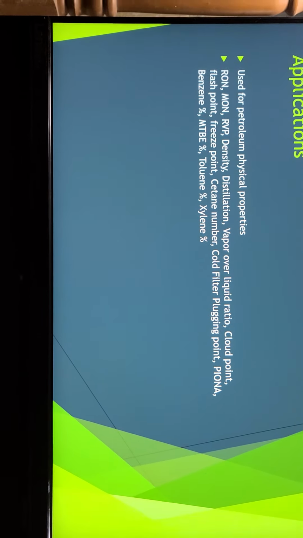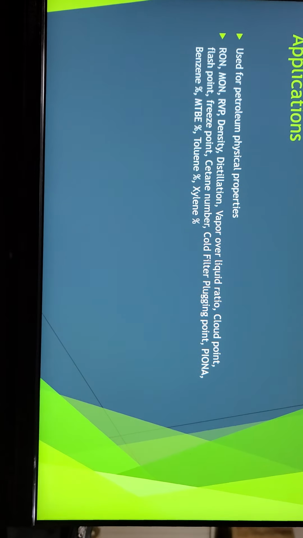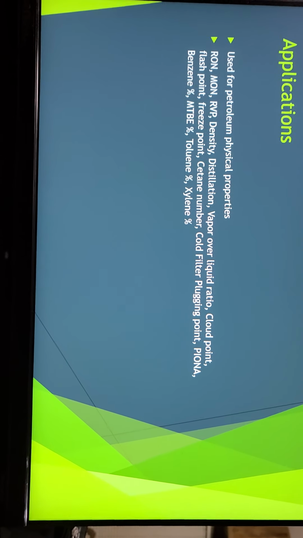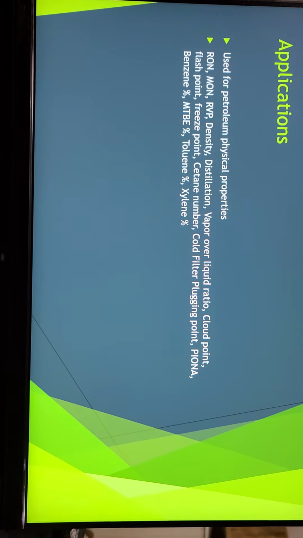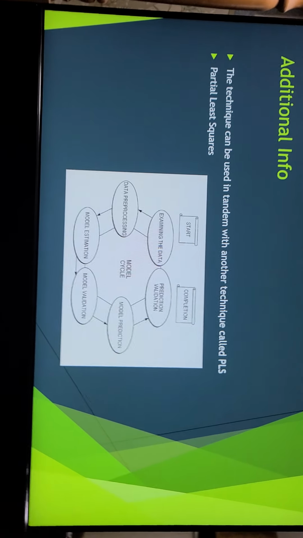Some of those physical properties include RON and MON, which is your octane numbers, your RVP, which is your Reid vapor pressure, density, distillation, so all your different cut points, 5, 10, initial, 90%, your vapor over liquid ratio, your cloud point, your flash point, freeze point, cetane number, cold filter plugging point, your PIONA, which stands for paraffins, isoparaffins, olefins, naphthenes, and aromatics, your benzene percentage, MTBE percentage, toluene percentage, xylene percentage,